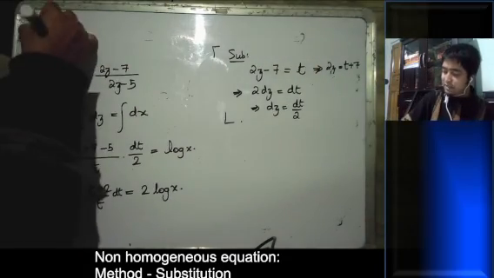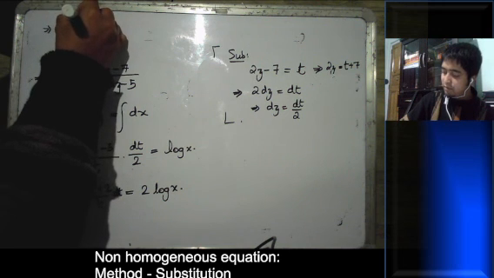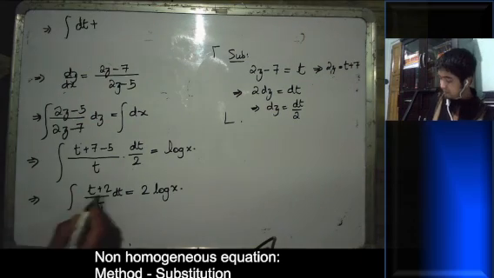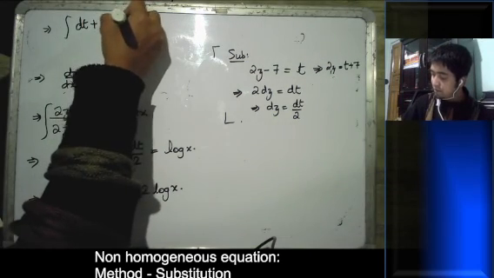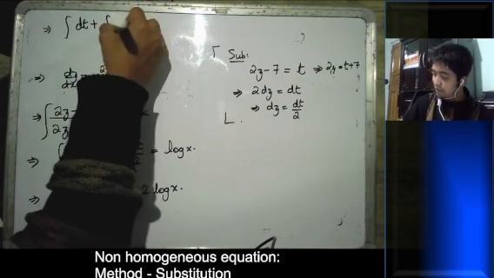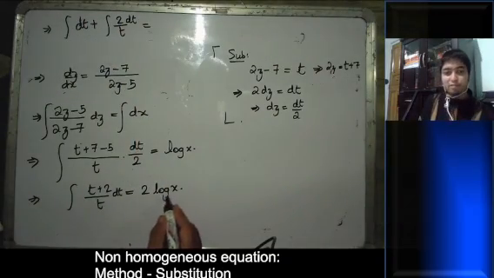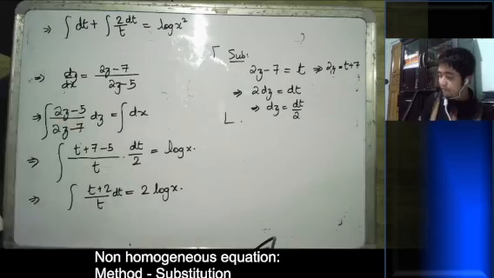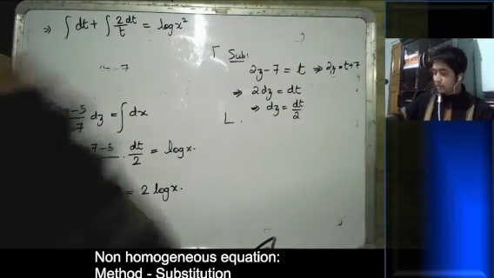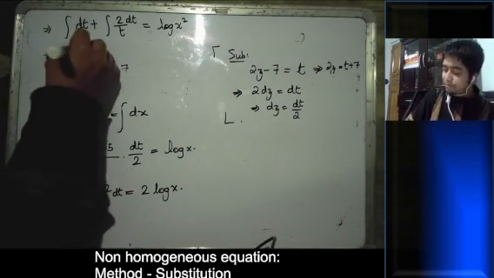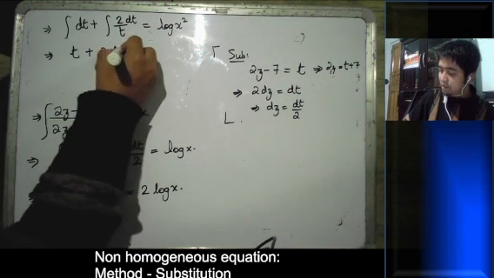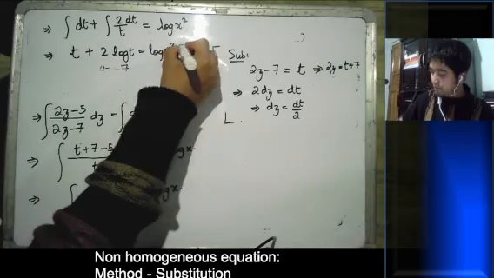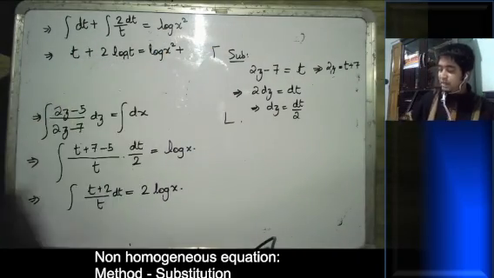Okay, so now we can just separate integration dt plus integration 2 dt upon t. Okay, this one you can write it as log x squared. Okay, integration dt is t plus 2 log t for log x squared plus, okay, so we can even write